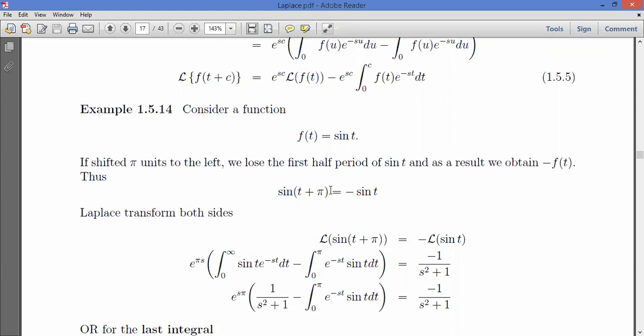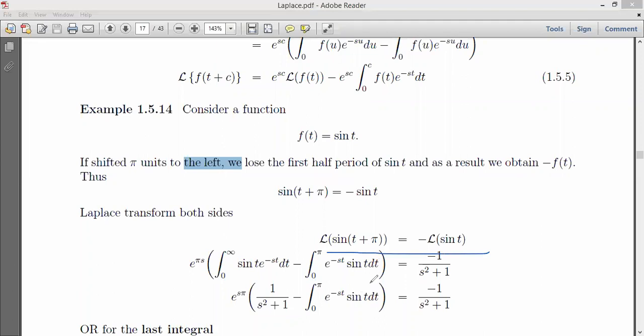So if you sketch, then you'll understand what we mean by losing that term, implying that sine of t plus pi is simply a minus sine t. So here, when you compute, given that this is the equivalence of that, instead of looking at the Laplace of this whole thing, it is equivalent to looking at the Laplace of the minus sine t, which is right here. And then when you do the necessary and you substitute in this formula here,